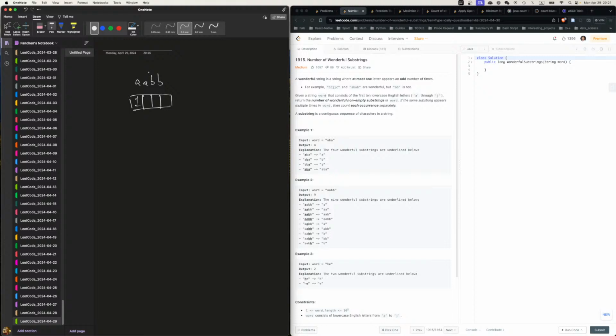Let's just go 3 letters. Depending on what the previous 2 letters are. So if I have 3 letters all different, the answer is just 3. If I have these 2 are the same, but this is a different, then ending at here, it's